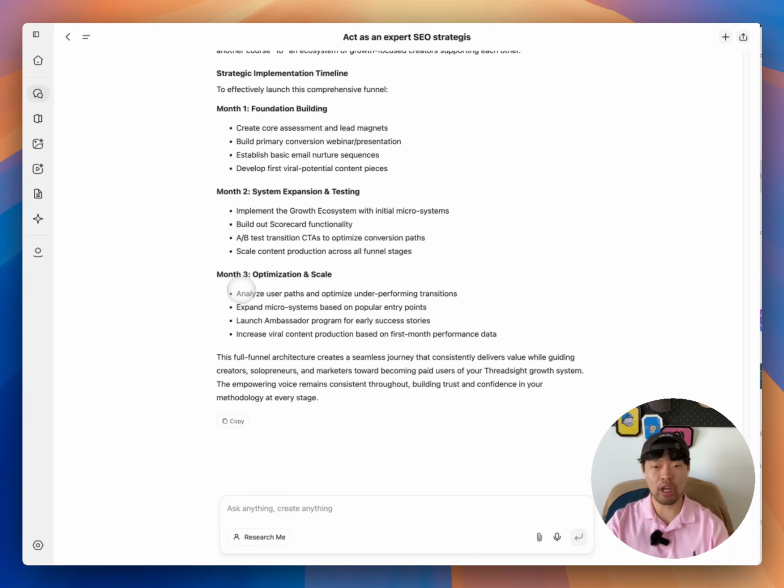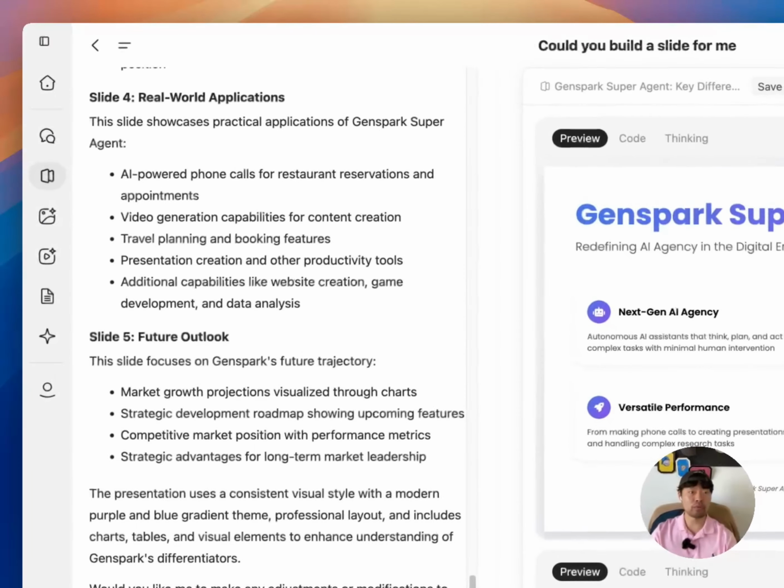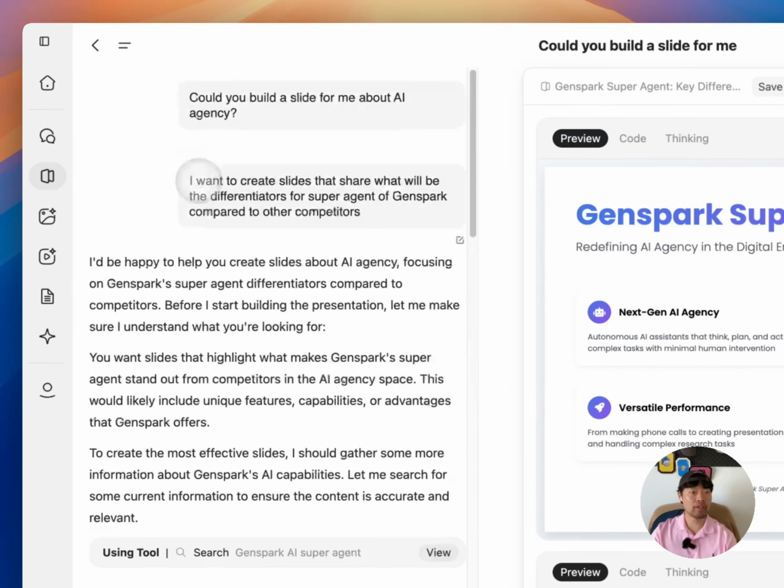Lastly, I want to cover AI slides, which was hyped on X and other social media. So I'm not a huge advocate for this, and I don't think this is a game changer, but I found it pretty useful. So for example, I just give a very simple prompt.